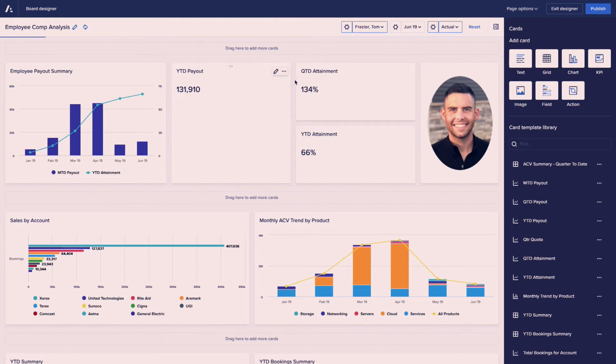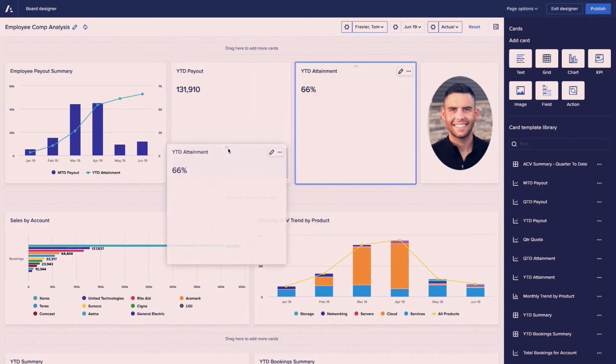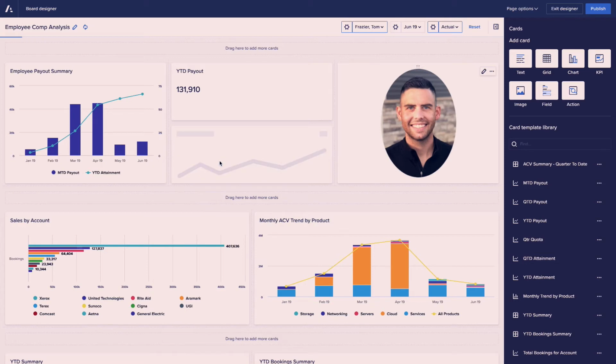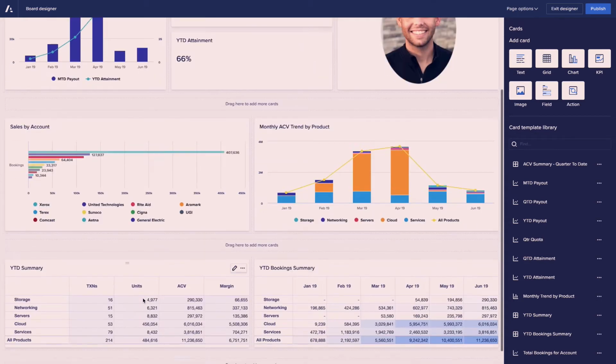So I'll get rid of a lot of the detail that I don't need. And then what I can do, as mentioned in this layout format, I will drag this around and then put it into a format that will be easy for her to understand. I have my chart card on my left-hand side here. I have some KPI cards. I have an image card of the employee, and then I have some more charts and then some grid data